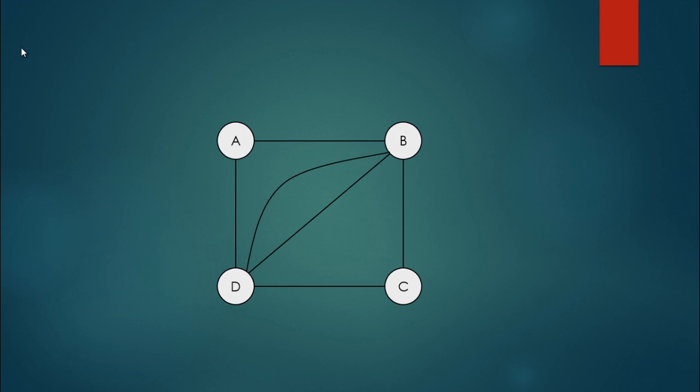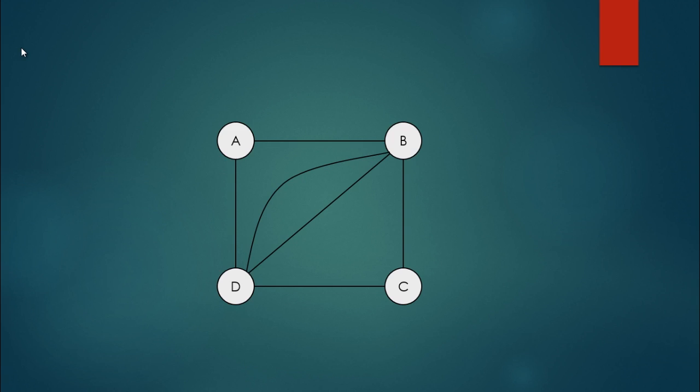So, for example, we have a graph like this with 4 vertices A, B, C, and D. And as I said earlier, we can form an Euler cycle if every node has an even number of edges. So A has 2 edges, B has 4 edges, C has 2 edges, D has 4 edges, so all of the vertices have an even number of edges, so we can come to the conclusion that an Euler